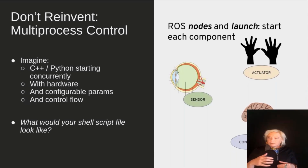So ROS allows you to basically take nodes and launch all of them at the same time with a little bit of logic. The nodes themselves can be constructed out of C++, out of Python. I've seen people build stuff in Java and JavaScript. There may be hardware in the loop. There may be some configuration parameters on the start of each of these things based on your hardware configuration,